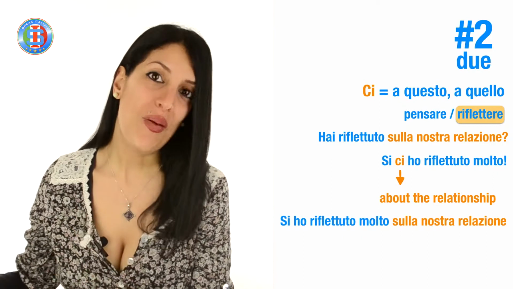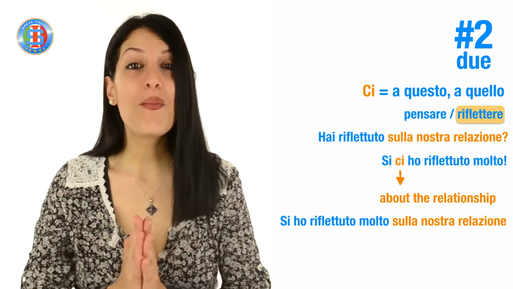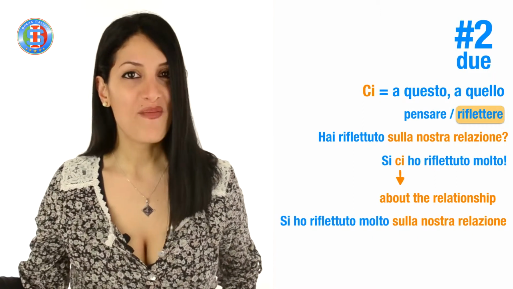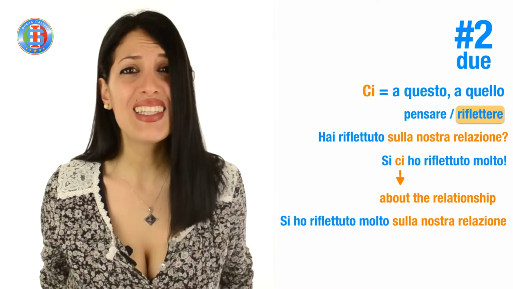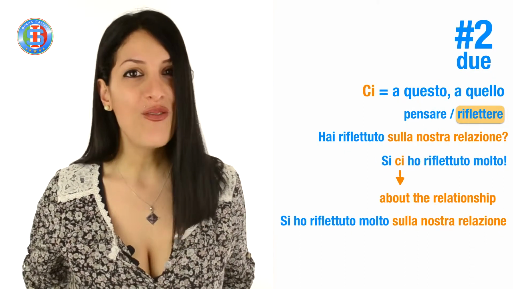But this is repetitive and long. So we keep it simple using ci in place of about what. And so we have our nice sentence, sì, ci ho riflettuto molto. Ci ho riflettuto molto. Terzo caso, ci used in place of con lui, con lei, con loro, which is with